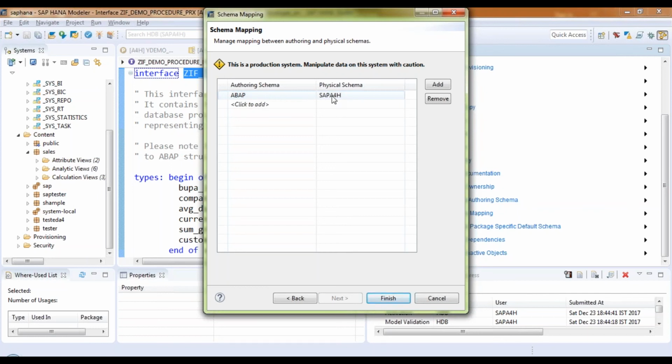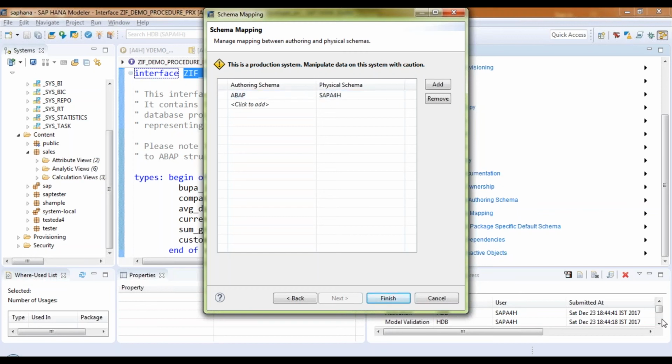What will happen? The opposite of this happens in quality. When it is unpacking the object, it checks what the schema ABAP is. That refers to SAP Q4H. So whatever it is creating, the procedure or the view, whatever it has to create now in the underlying HANA DB, it creates in that particular schema. Okay, so this schema mapping is important when you're working with multiple systems, basically your dev, quality, and production, where your HANA system schema, which is connected to the ABAP system, has a different name. So this schema mapping safeguards your delivery, and safeguards the creation of underlying objects in the system.